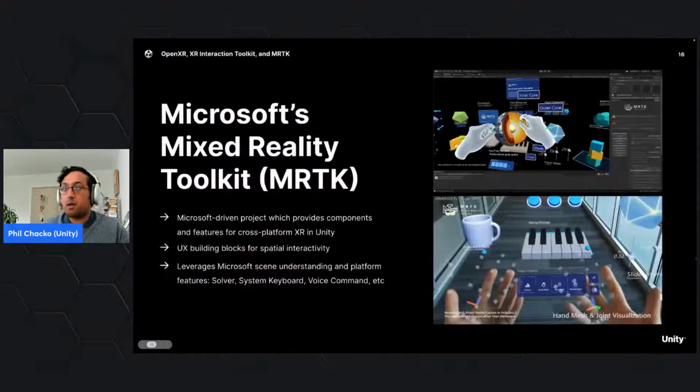All right. So, Microsoft Mixed Reality Toolkit. This is a Microsoft-driven project which provides components and features for cross-platform XR and Unity. It provides UX building blocks for spatial interactivity. So this gives you a really quick way to get started and build UI when you're targeting devices like the